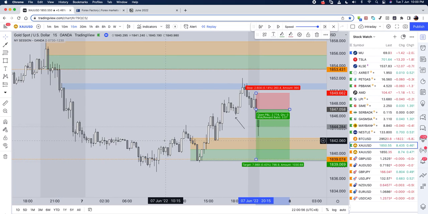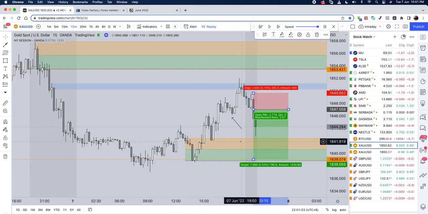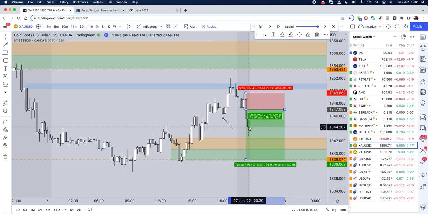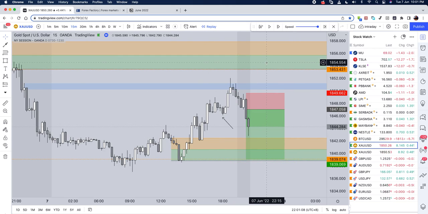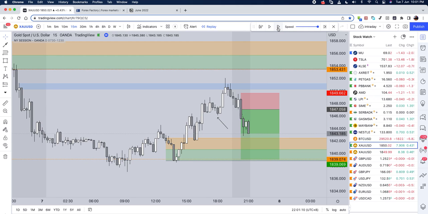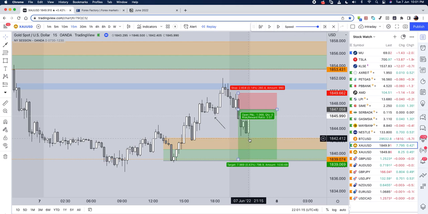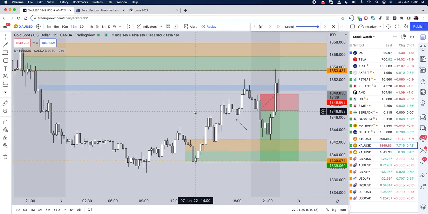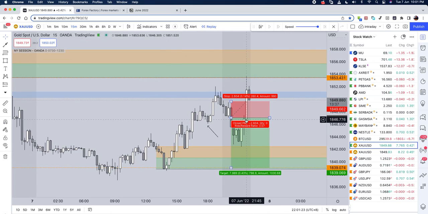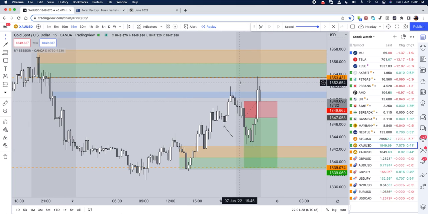So yeah, that is the SNR level. However, there's a rejection zone over here, but anyhow, I'll show you how this trade unfolded. So price went down. At this point of time, the profit was about 170, which is a very good profit, almost 2R, but I didn't close it. And at 9:50 p.m., price broke this zone and went all the way up and rejected the H4 SNR level